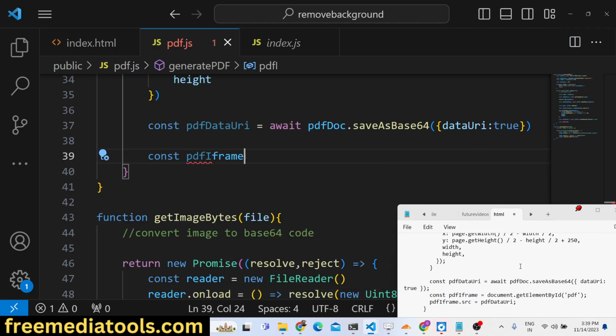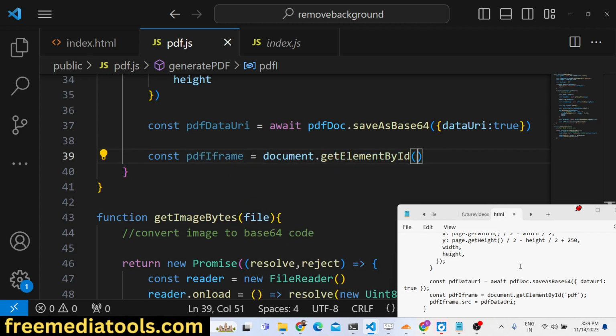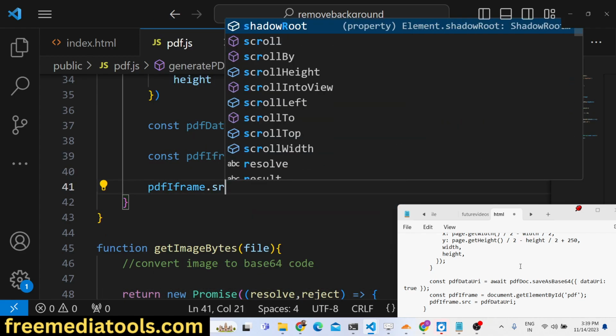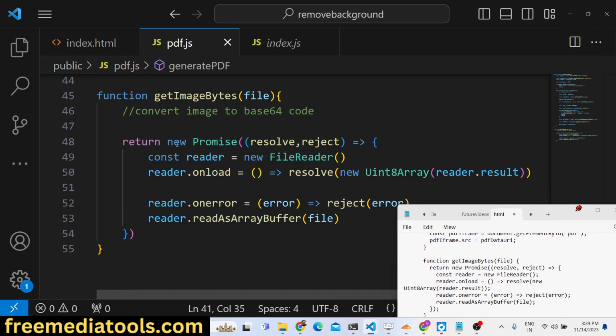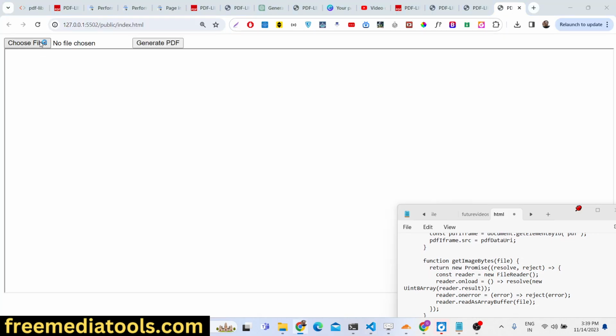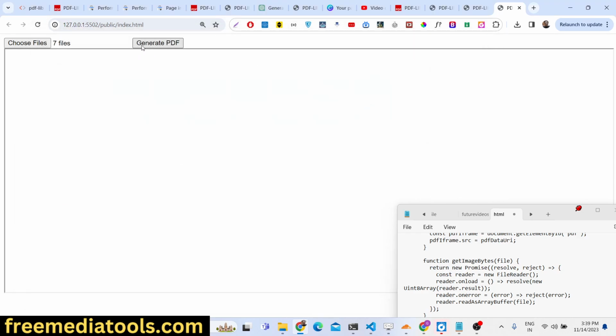Then we can simply show it inside our iframe. So PDF iframe, document.getElementById PDF, and PDF iframe dot source is equal to PDF data URI. That's all that you need to do, guys. Your application is complete. So if I basically open it, and if I select here this many PNG images,